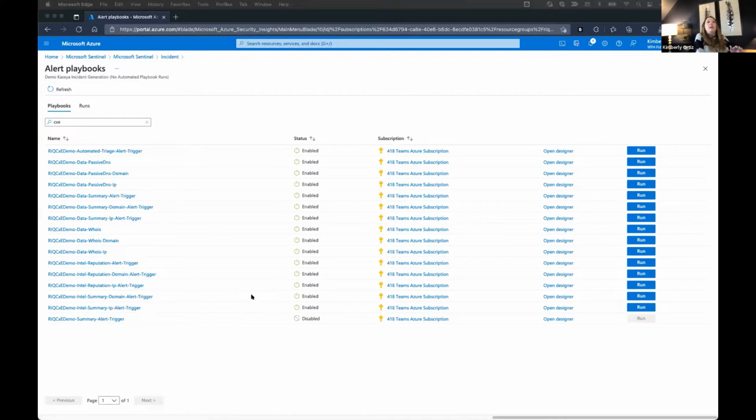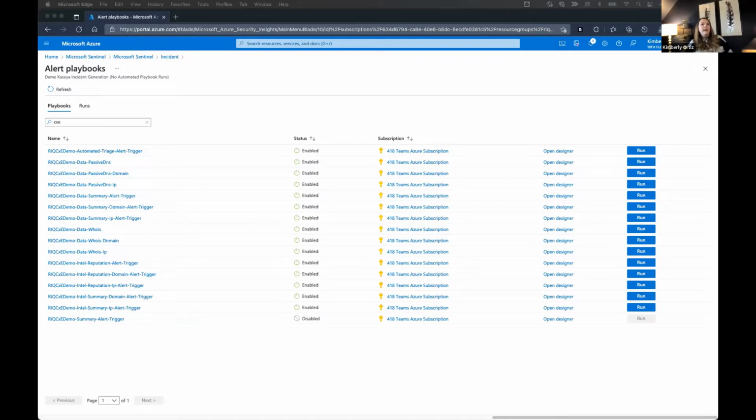I'm not going to walk through every single one, but do know that broadly speaking, our playbooks are grouped into 3 different categories. So we have this automated triage playbook, which I'm going to demonstrate here in a second. And then we also have playbooks that retrieve raw data enrichment for an indicator. And then we have another set of playbooks that are more focused on intelligence gathering. So these would be the ones that pull in things like reputation data or references to OSINT articles from them.